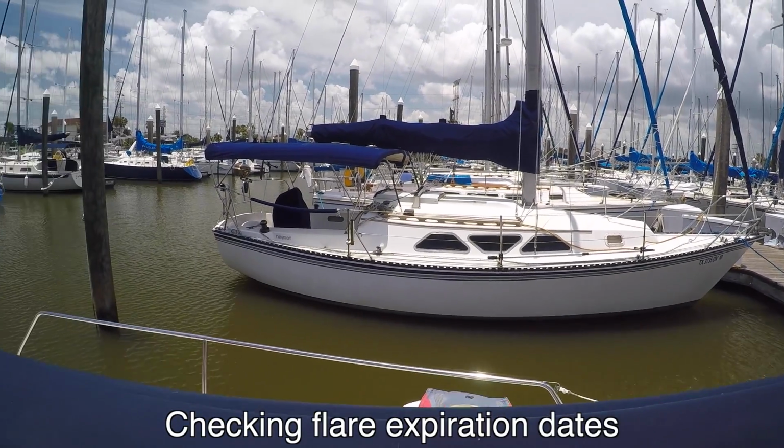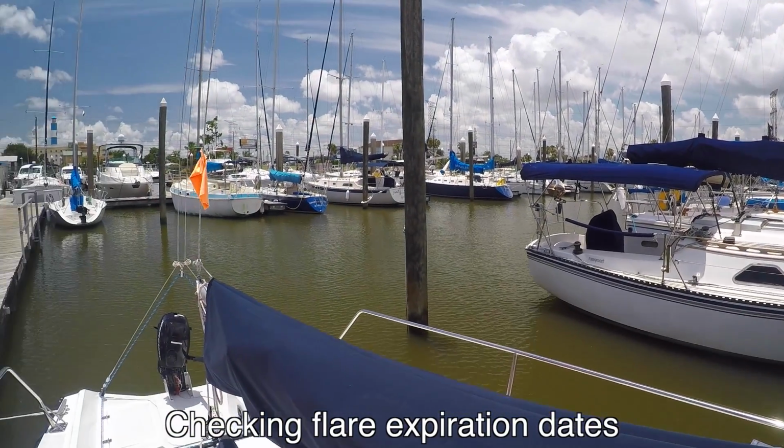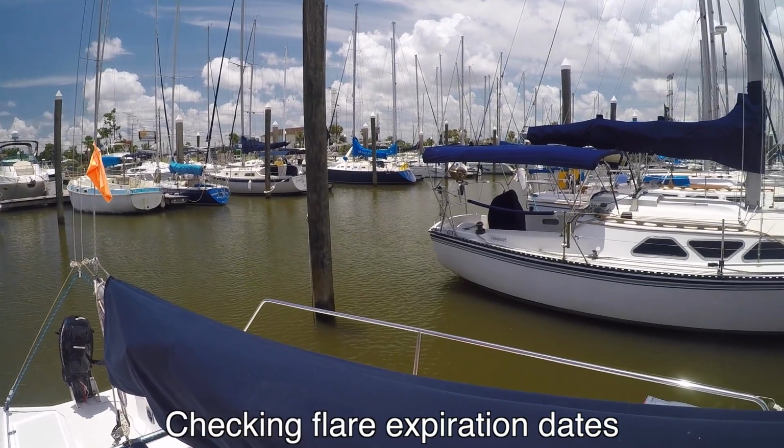2012, so these flares are no good. Is there an orange flare gun looking case up there, like a little...